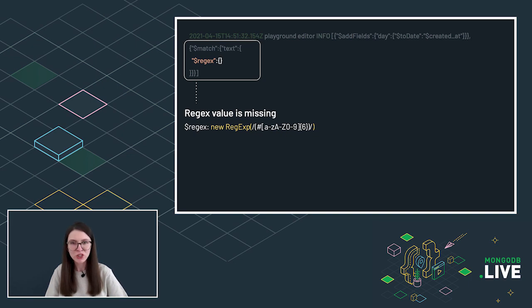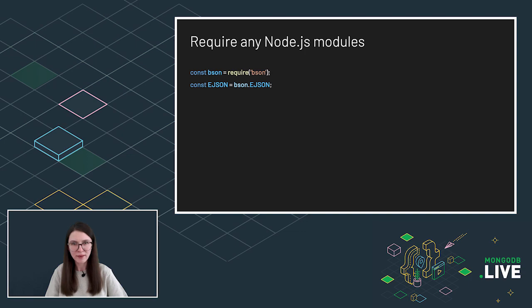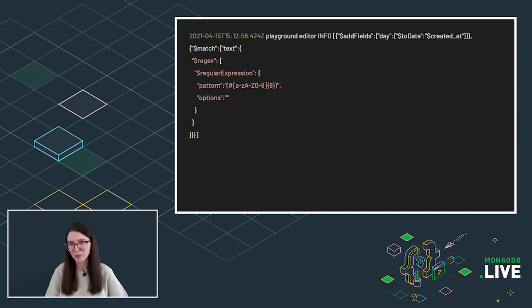It happened because we use the JSON.stringify method, but the object we were transforming is not a JSON object, it is a BSON object. Like JSON, BSON is a list of key value pairs, but it also contains extensions that allow to represent data types that are not part of the JSON specification. For example, the regex type. You could require the BSON module like this, because playgrounds allow you to require not only built-in modules, but any Node.js modules. But we added BSON to globals to make it even easier for you to use. So you can just replace JSON with BSON and it works. Now the MongoDB data is properly stringified.